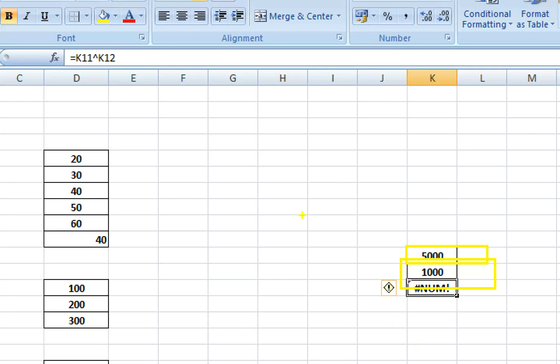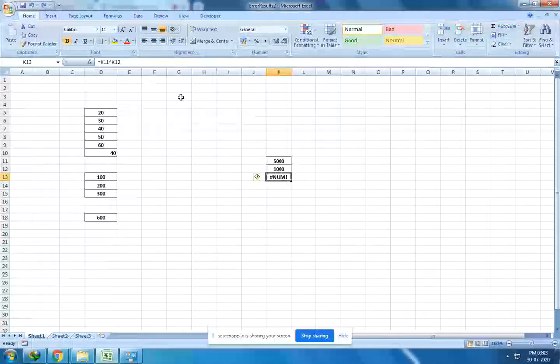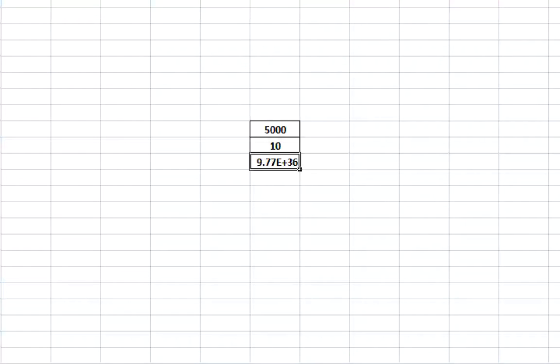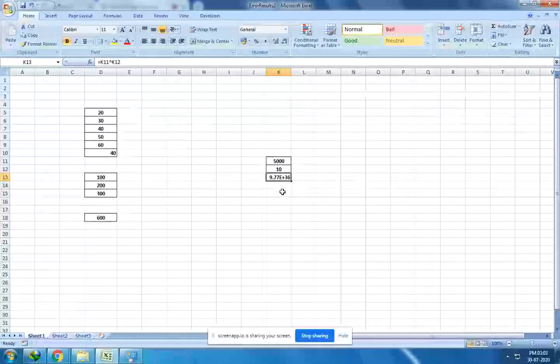5000 raised to how much? So here is 5000, 5000, okay. Multiplication of this number how many times? 1000 times. It will produce a very large number. So that is why the num error is prompting. So you just simplify that. How will you simplify? You just make it 10. Now you can see the result, okay, because the result is in the range. It is not that much large.